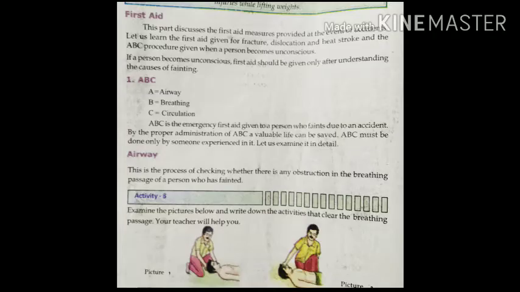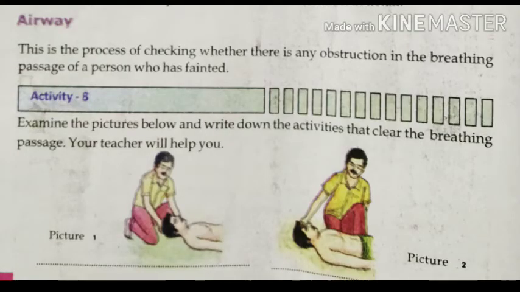ABC is the emergency first aid given to a person who faints due to an accident. By the proper administration of ABC, a valuable life can be saved. ABC must be done only by someone experienced in it. Airway. This is a process of checking whether there is any obstruction in the breathing passage of a person who